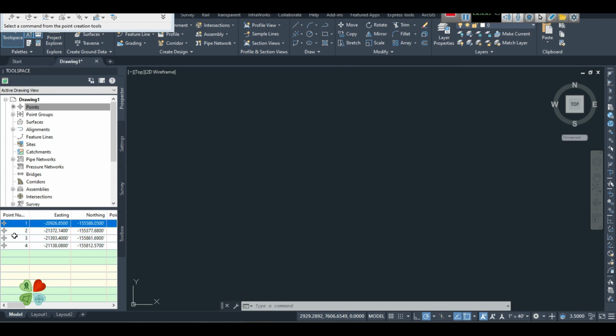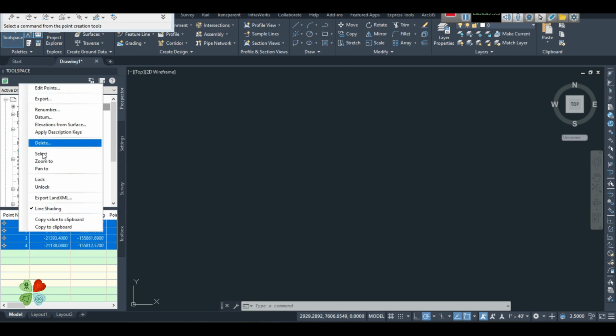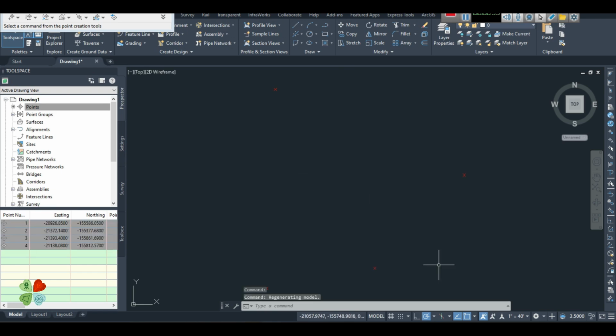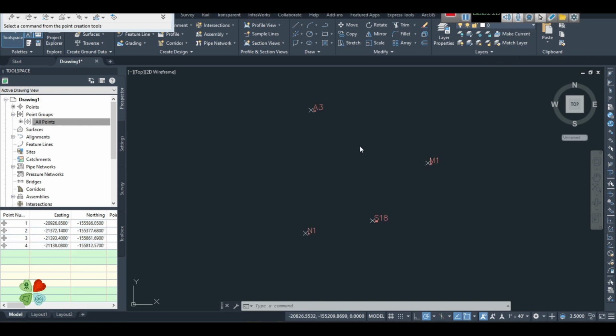You can see them here. I think we can select like that, then zoom. You see, here are the points. Okay, as you can see, here are the points. We have S18, N1, A3, and M1. You can draw lines joining